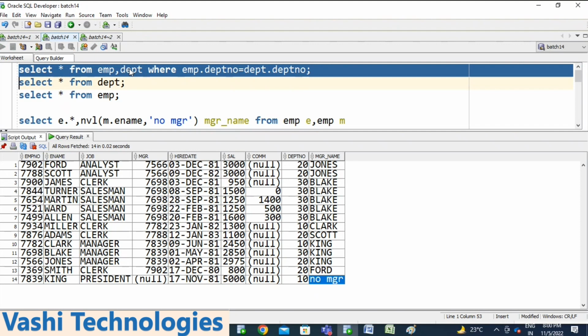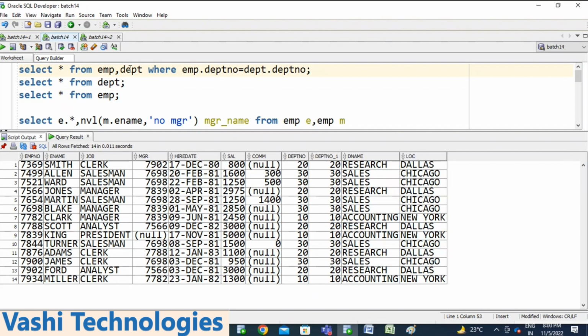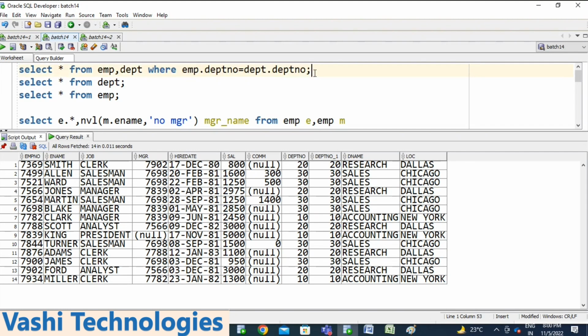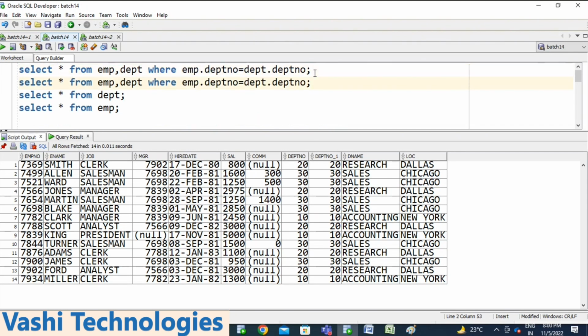So this is the old method, the hash join. You may change this join to an ANSI join. Simple. Instead of comma, use whichever join name is required, inner join, and mention the join condition in the ON clause instead of the WHERE clause. Maintain that particular condition in the ON clause.